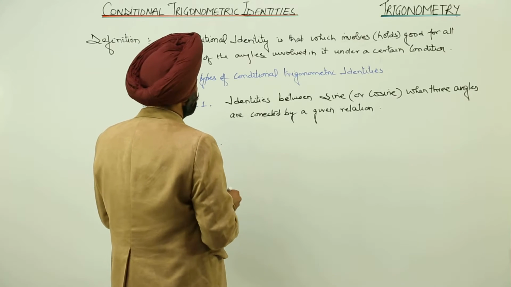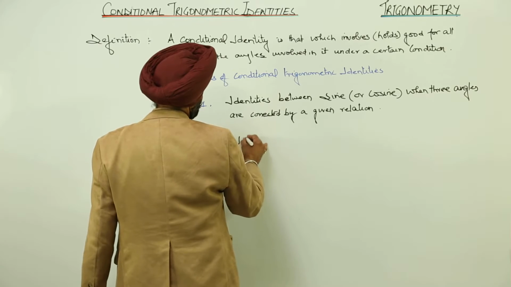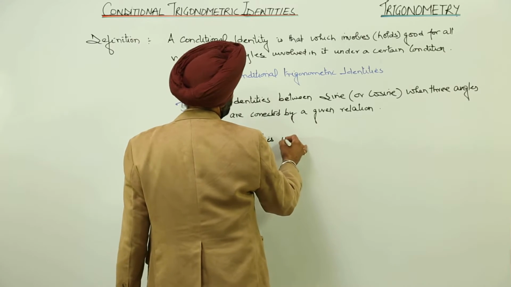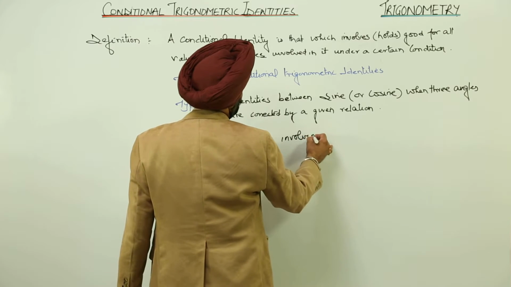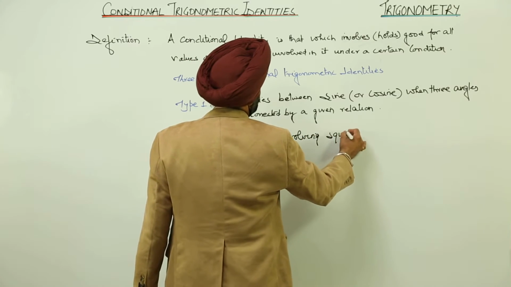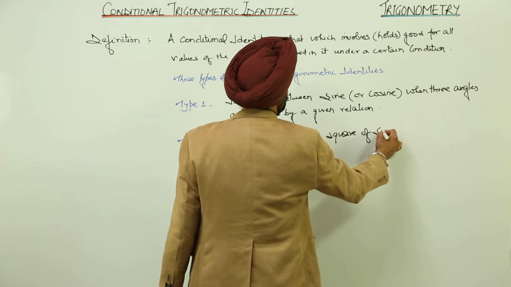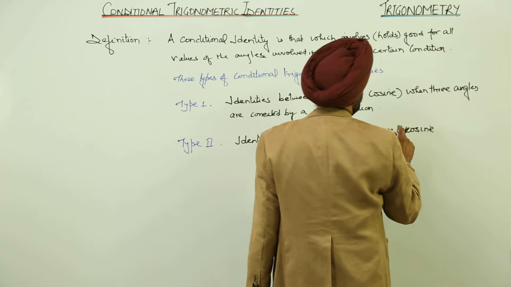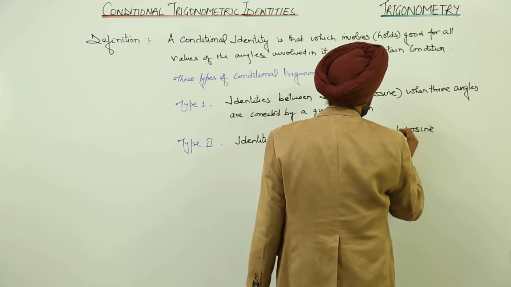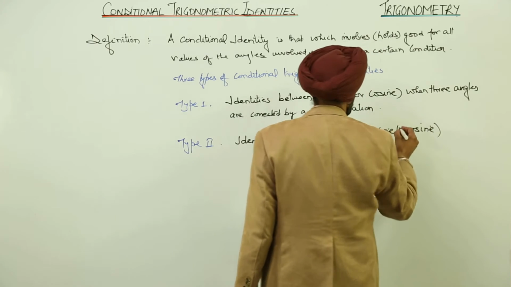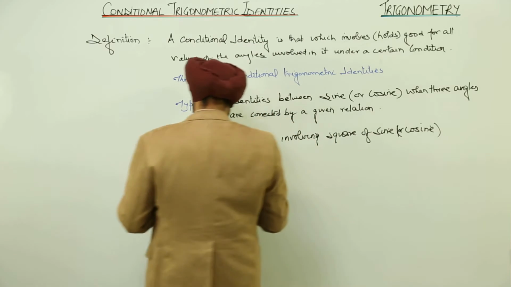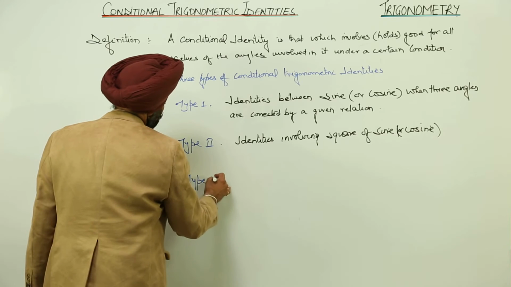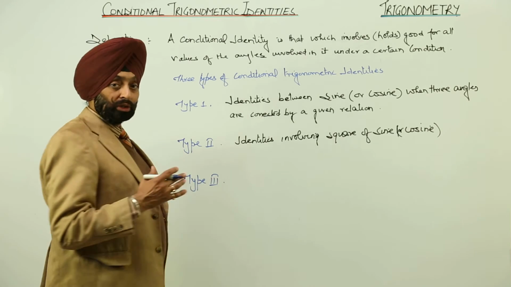In type 2 we will be dealing with identities involving square of sine or cosine. Type 3. Now in type 1 only normal identities will be there, in type 2 squares will be there, and